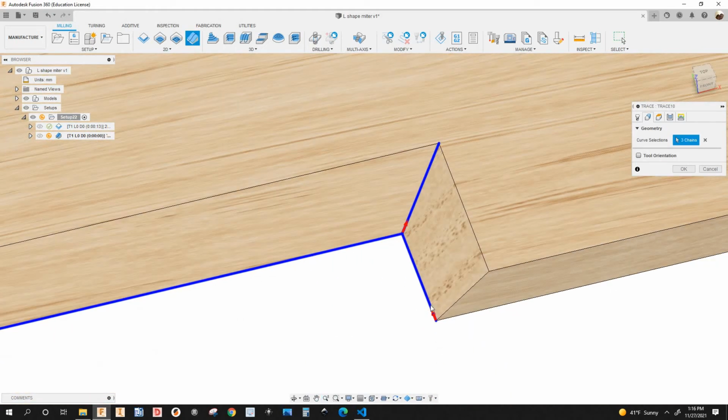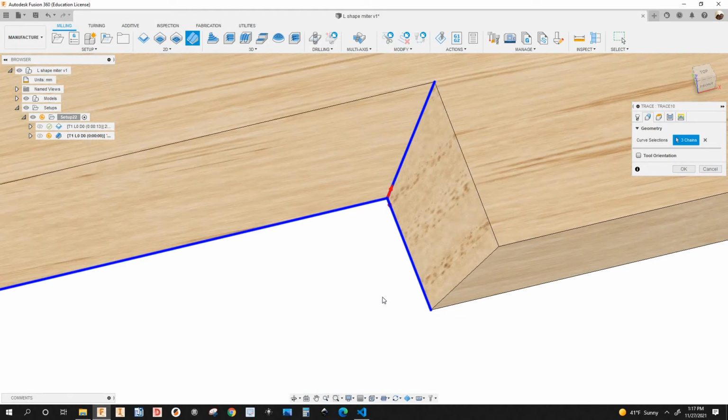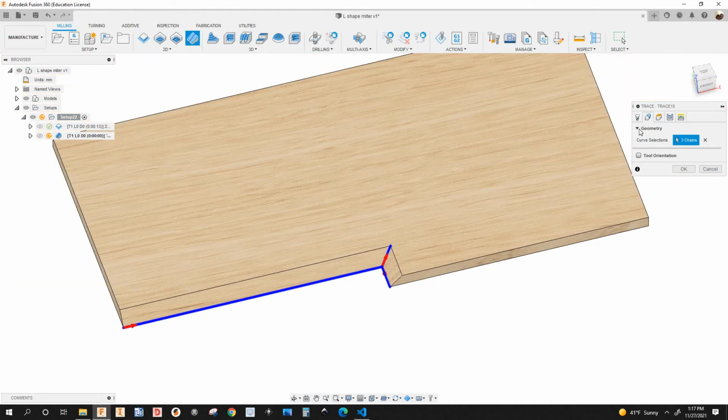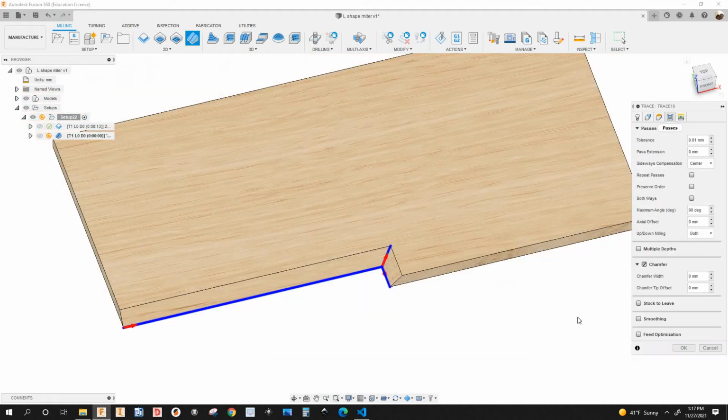So you got flip, and this arrow here. I'm gonna click on it, and all right, that looks good. Next tab, heights. No changes here. Under passes,